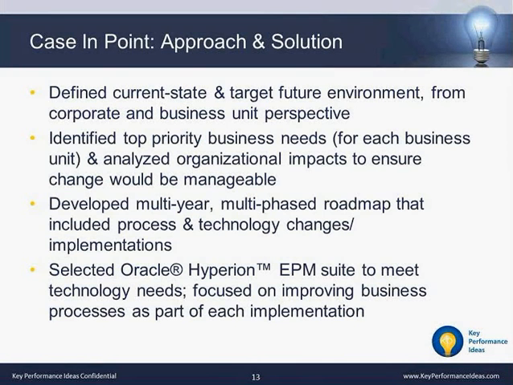We came up with a multi-year, multi-phase roadmap. Again, we knew where they wanted to go from a future environment perspective. Again, people, process, and technology. And because each business unit had its own priorities, they fit differently in the roadmap. So it was very easy to tell business unit 1, here are the changes we're going after first. We're going to give you a better forecasting system, whereas business unit 2 needed a better profitability tool.